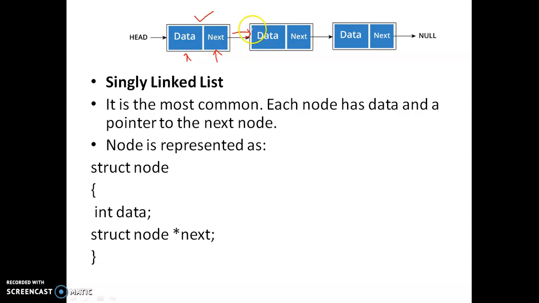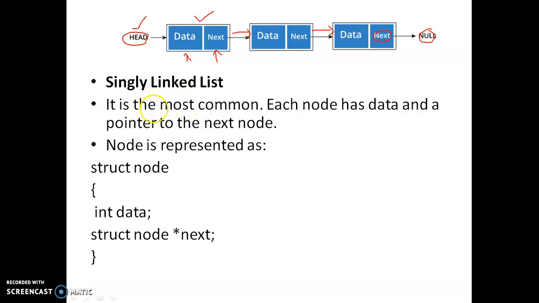Whenever you want to go to the next node, you can go through the next pointer only. From the next node, again you can go to the third node using its next pointer. Whenever the next pointer reaches the null value, we stop the iteration of the linked list, and this is considered the end of the linked list. The starting node of the linked list is pointed to by a pointer called the head pointer, or start, or front. Whatever name it is, you can consider it as first, head, or start.